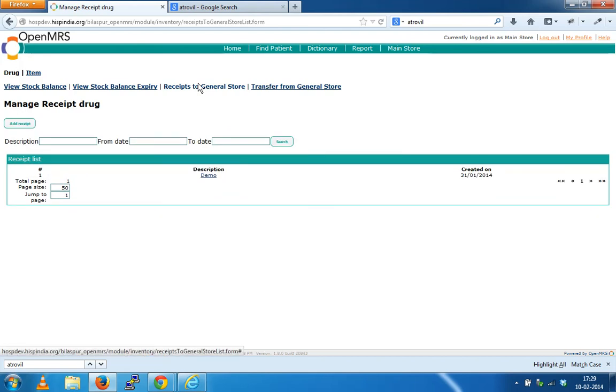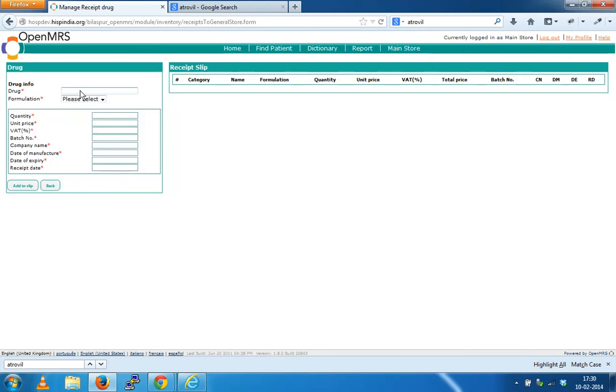Now, when a drug from outside comes to the main store, a receipt is added in the system. And this is done by clicking on Receipts to General Store and then clicking on Add Receipt. Now here, the drug's information, say the quantity, the price, the company's name, date of manufacture, date of expiry, and the receipt date is entered. Say I receive 1000 Adrovil today in the substore, in the main store, sorry. Then